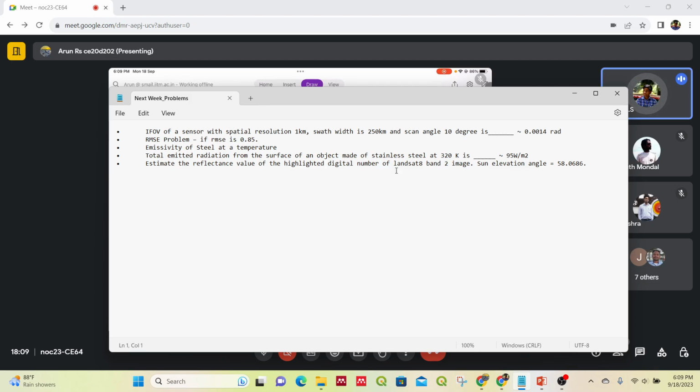In this question, they have just given this scan angle, so whatever angle they have given is directly the scan angle. So we can make use of this relation to get your altitude h. So 250 kilometers is equal to 2h into tan 10 degrees. If we find out, the altitude will be